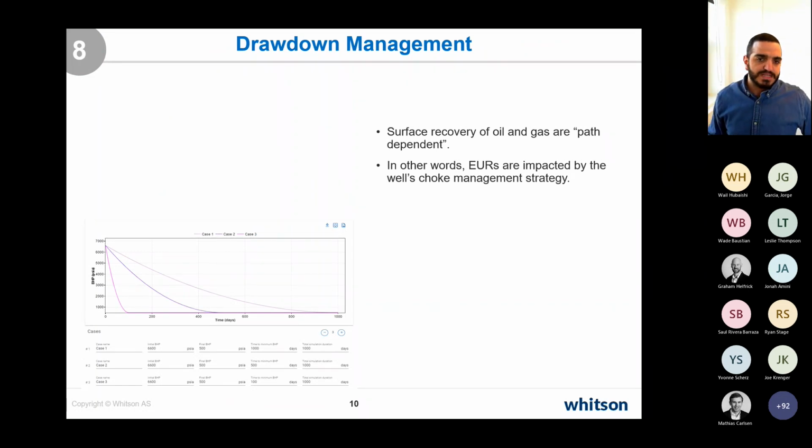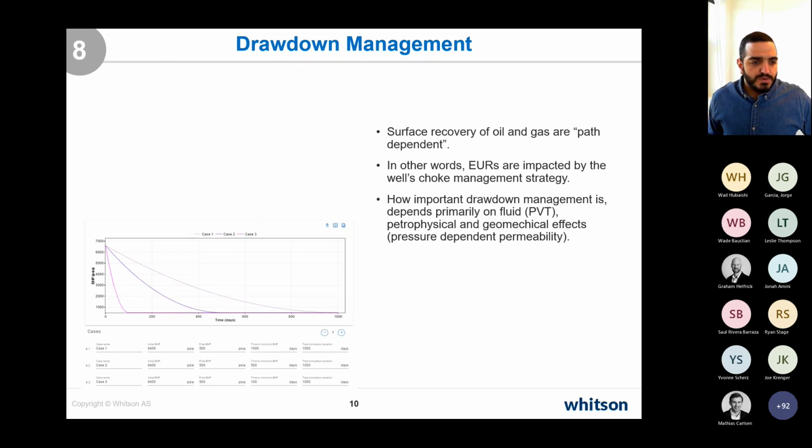In some cases, you're going to see that your total recovery, or your EOR, of oil or condensate will be affected by how you draw down your wells. And the way to do that in Whitson Plus is through the numerical model, because there you already have everything baked in. You have the relative permeabilities baked in, you have the PVT that you have input baked in, and you can start to take into account even other things like